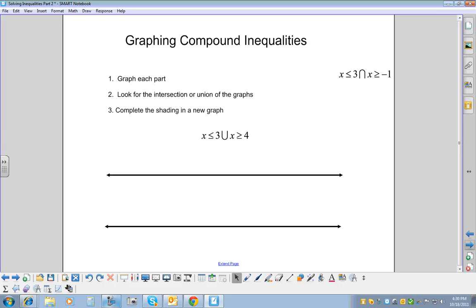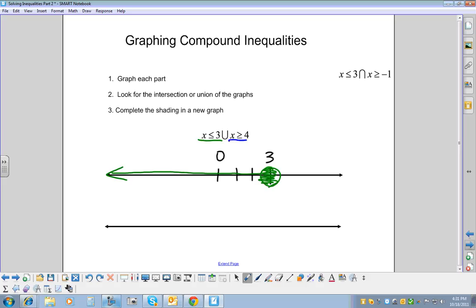So in this first problem, I'm going to do the left side first, and do that in green. So I'm going to do x is less than or equal to 3. So here is my 0, 1, 2, 3. I'm going to circle my critical point. The values of x that are less than or equal to 3 are in this direction, and 3 is part of that solution. And I'm going to union that with values that are on this side,